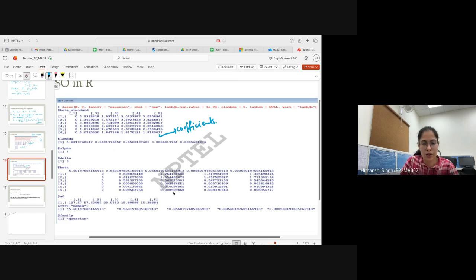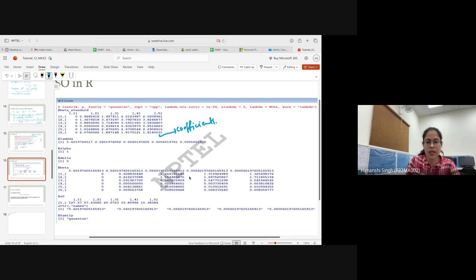But in the third one you can see that the first is 1.26, 1.55, 0.56, and these are very near to 0. So based upon our understanding, we can consider this one, and we can neglect the fourth, fifth, sixth explanatory variables. We'll just consider the first, second, and third explanatory variables, and the coefficients for that model will be 1.26, 1.55 and 0.56.